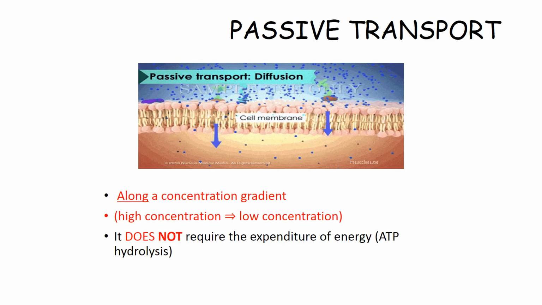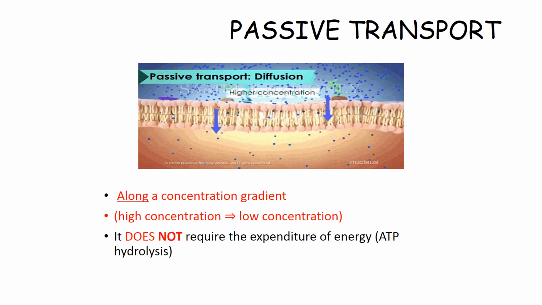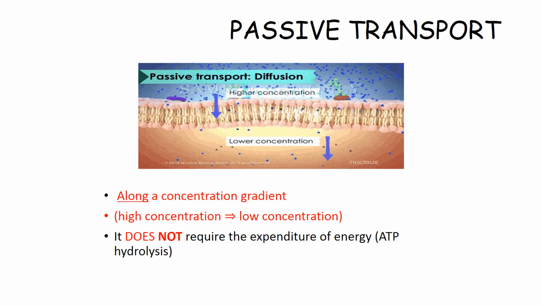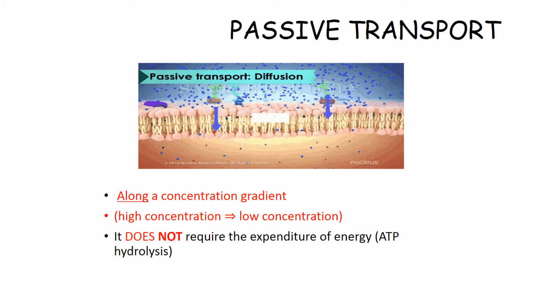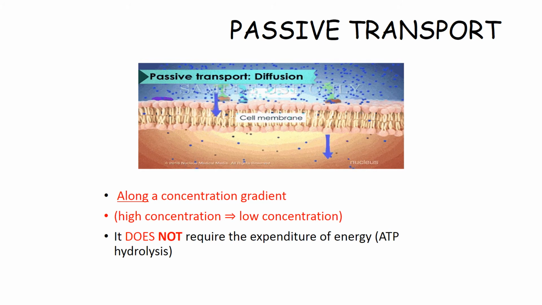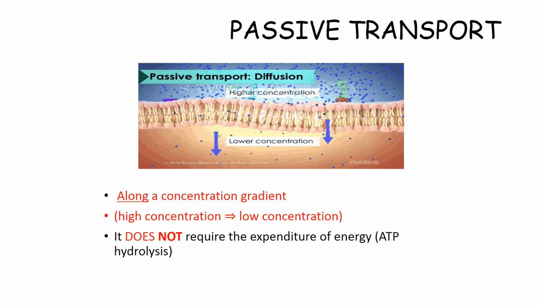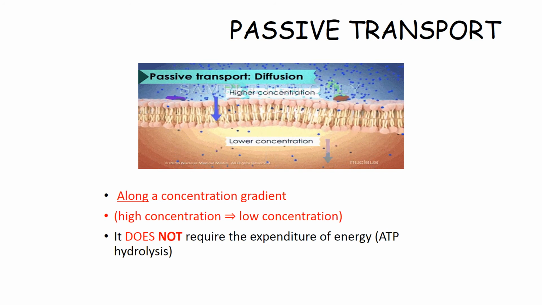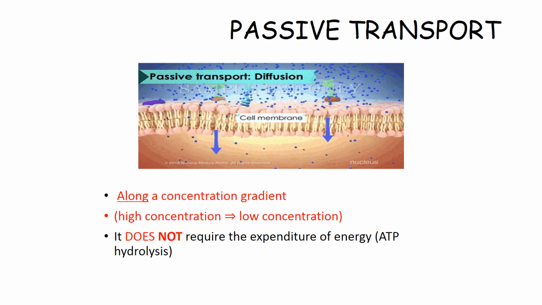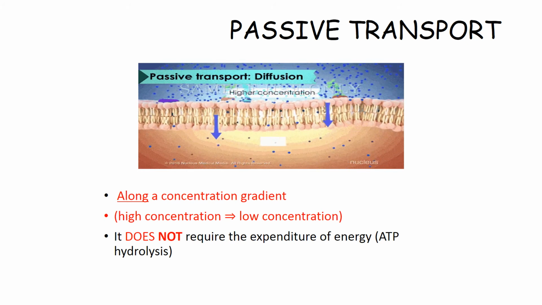Passive transport is a mechanism of transport of substances along the concentration gradient without expenditure of any energy. Here you can see the movement of substances occurring from higher concentration in the extracellular fluid to the intracellular fluid where it is low in concentration. A similar movement may also occur from inside of the cell to the outside if the substance is present in higher concentration inside the cell. As we talked earlier, for the metabolic waste products, the movement is in the opposite direction. Examples of passive transport mechanisms are diffusion and osmosis.